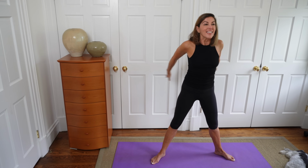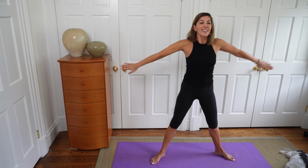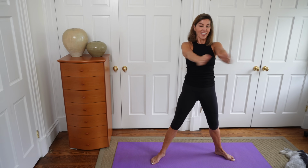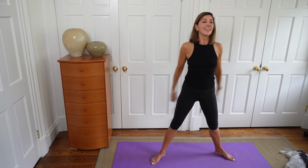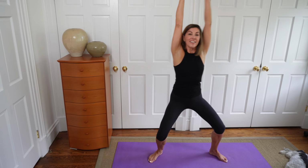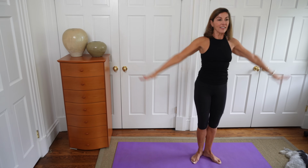3, 4, 5, 6, 7, and extend above our heads. 2, 3, 4. In this variation, let's invite our legs to join in by going right and left, and 3